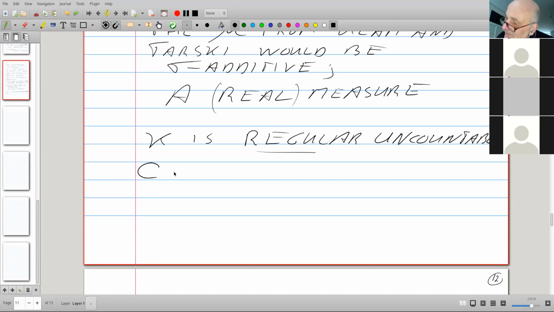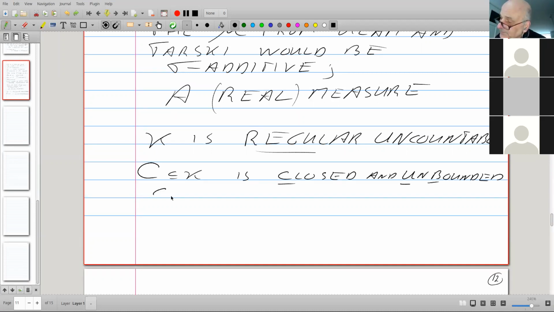C, a subset of kappa, is closed and, don't ask me why the abbreviation came out this way, but this is how most everybody abbreviates closed and unbounded: club. If what?